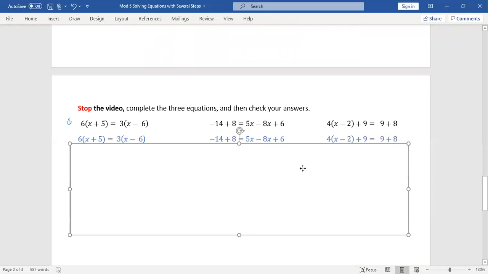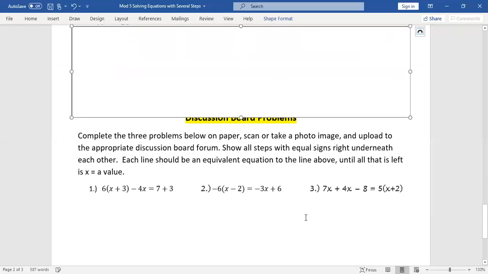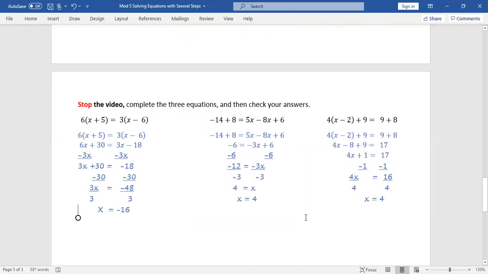So how did you do? We're going to have to distribute the 6 on the left, distribute the 3 on the right. Can't really add any like terms, so we're immediately going to go to moving our variable terms and then our constant term. And then we're going to divide away the coefficient, in this case 3,